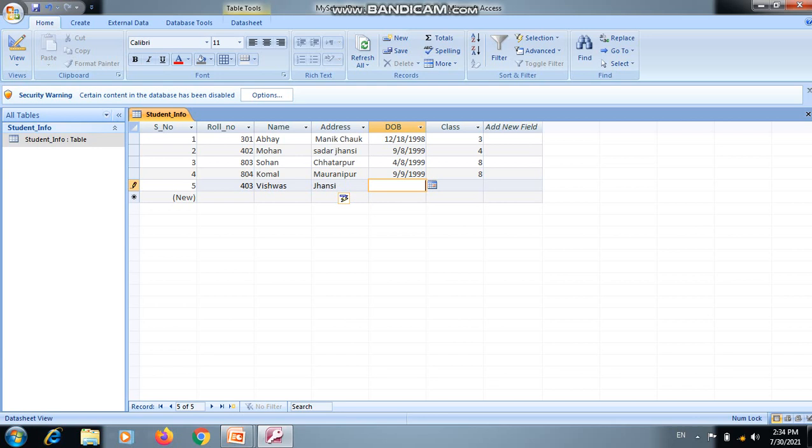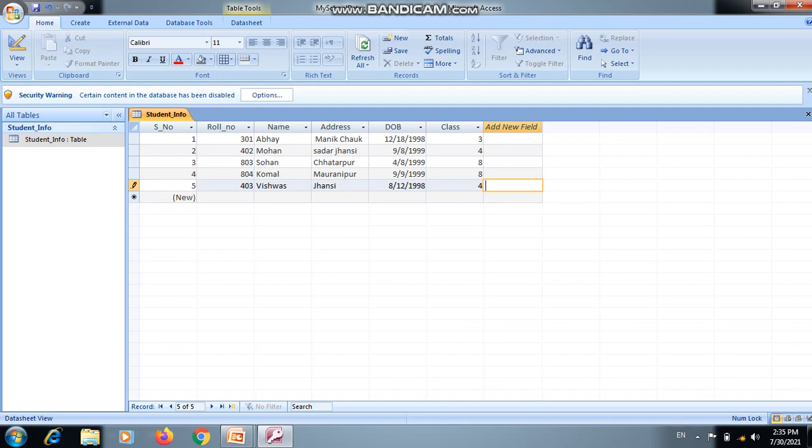In a previous live class I explained data types. Here I have taken the date of birth field with the date and time data type. So this calendar is coming. From here you can choose the date, or you can type manually. If you want to type, you can type manually. I want to write the date 8th 12 1998. Here you need to mention class, so I'm mentioning class 4th. This is how you can edit records in the table.